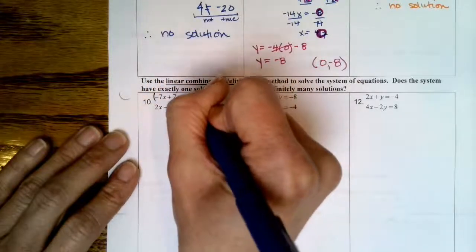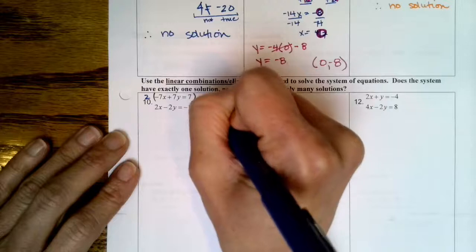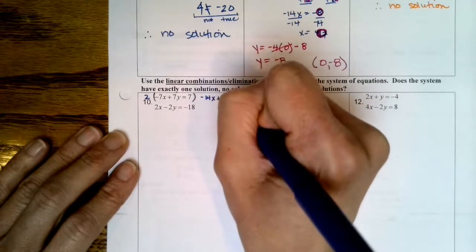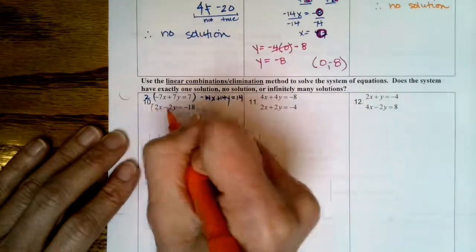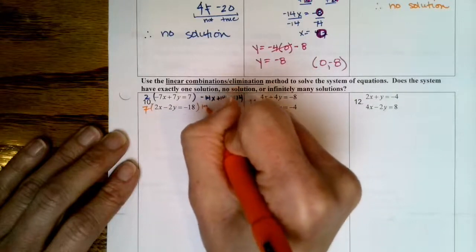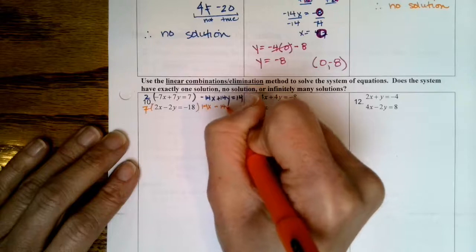If I multiply this equation by 2, I have negative 14 x's plus 14 y's is equal to 14. If I multiply this equation by 7, I have positive 14 x's, there's a 0 pair, minus 14 y's, there's a 0 pair,